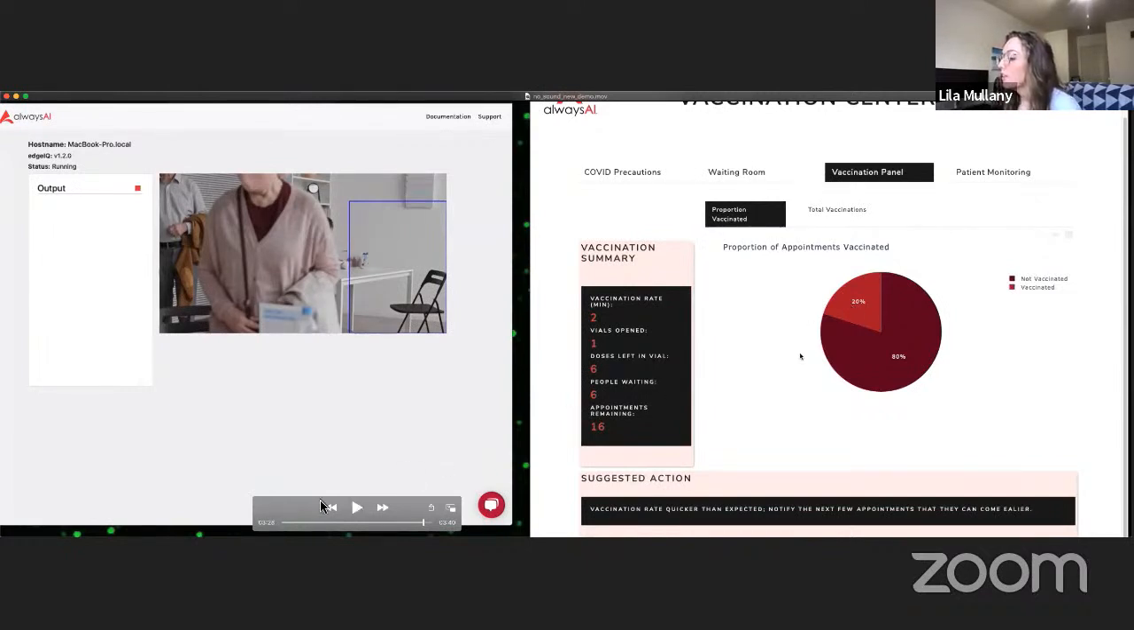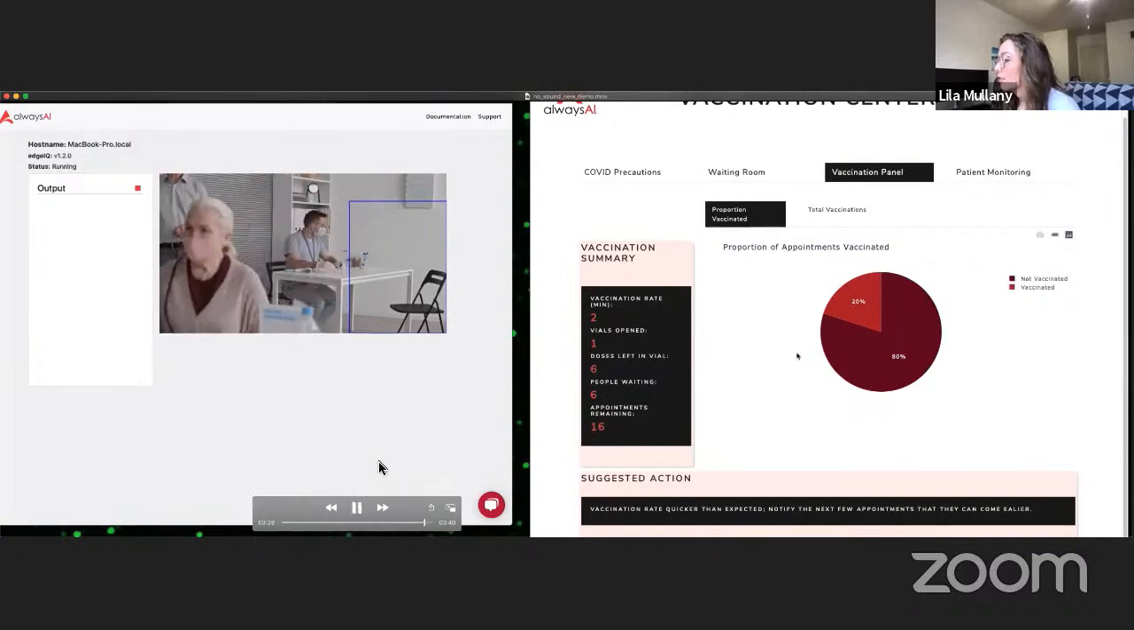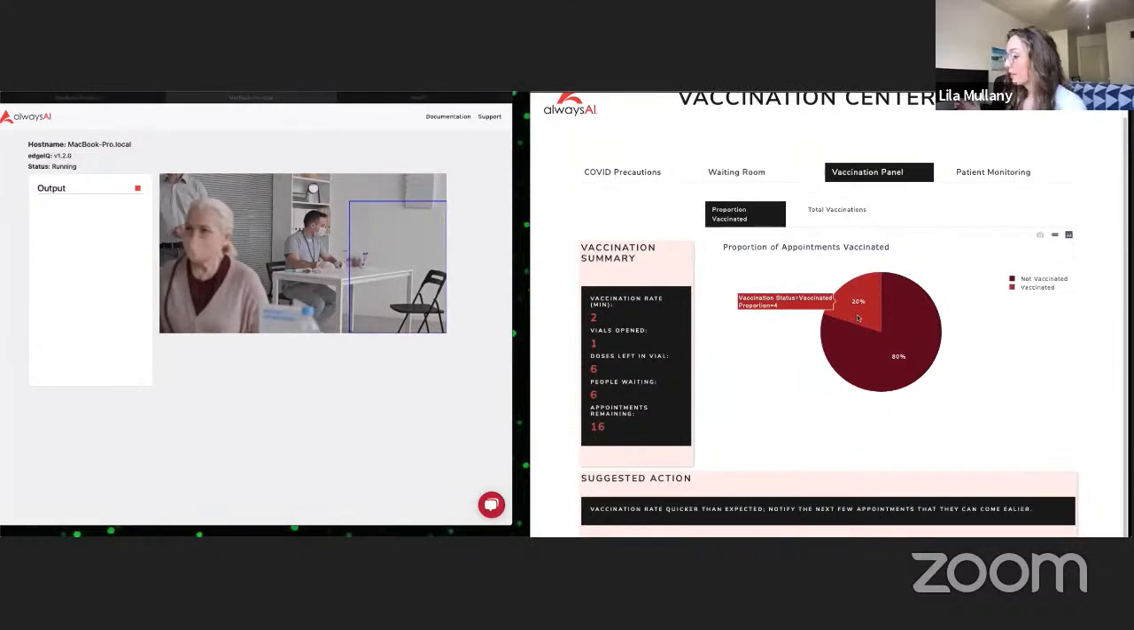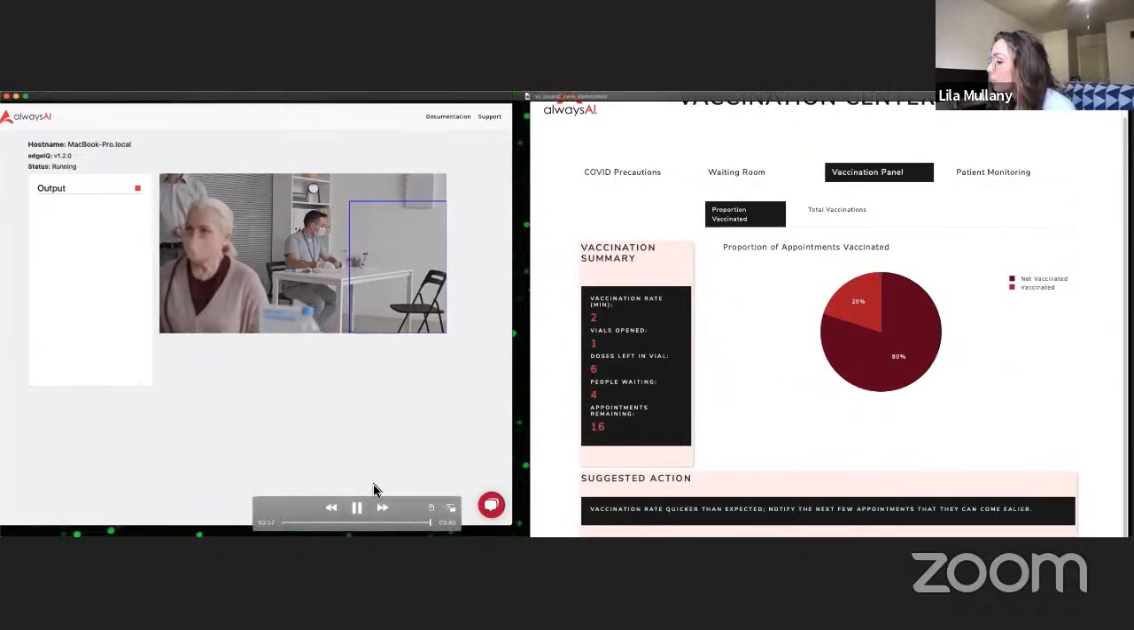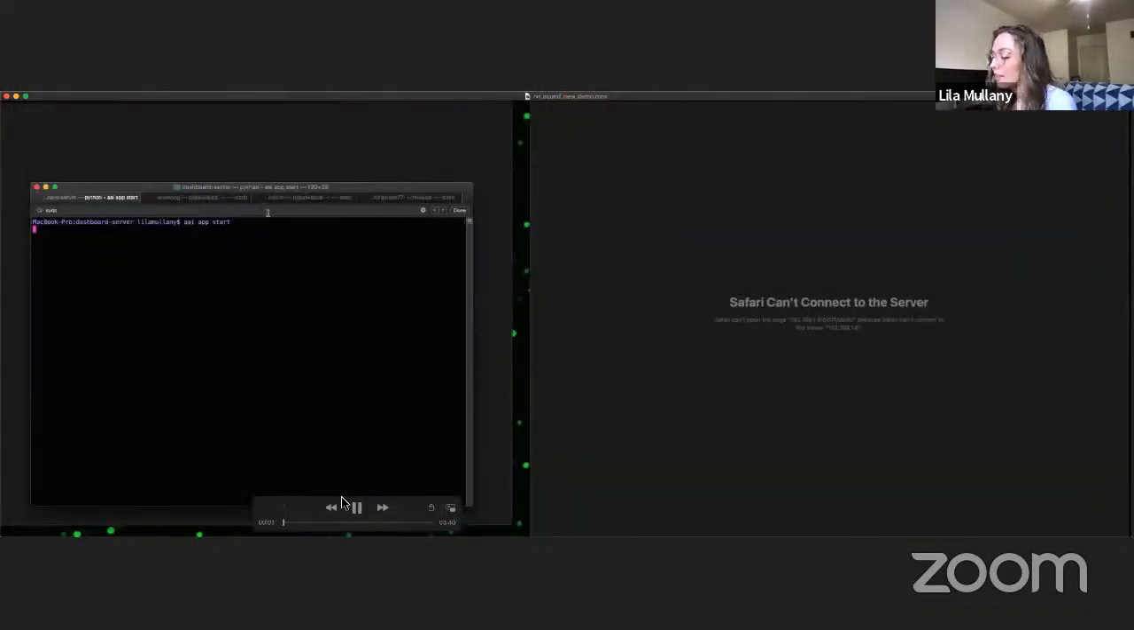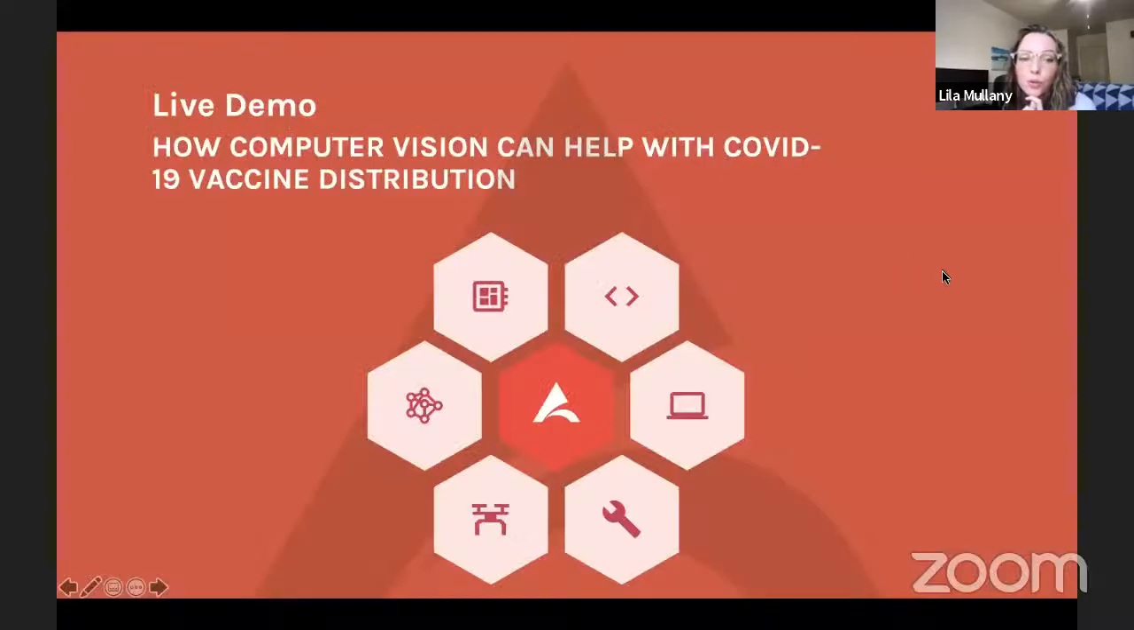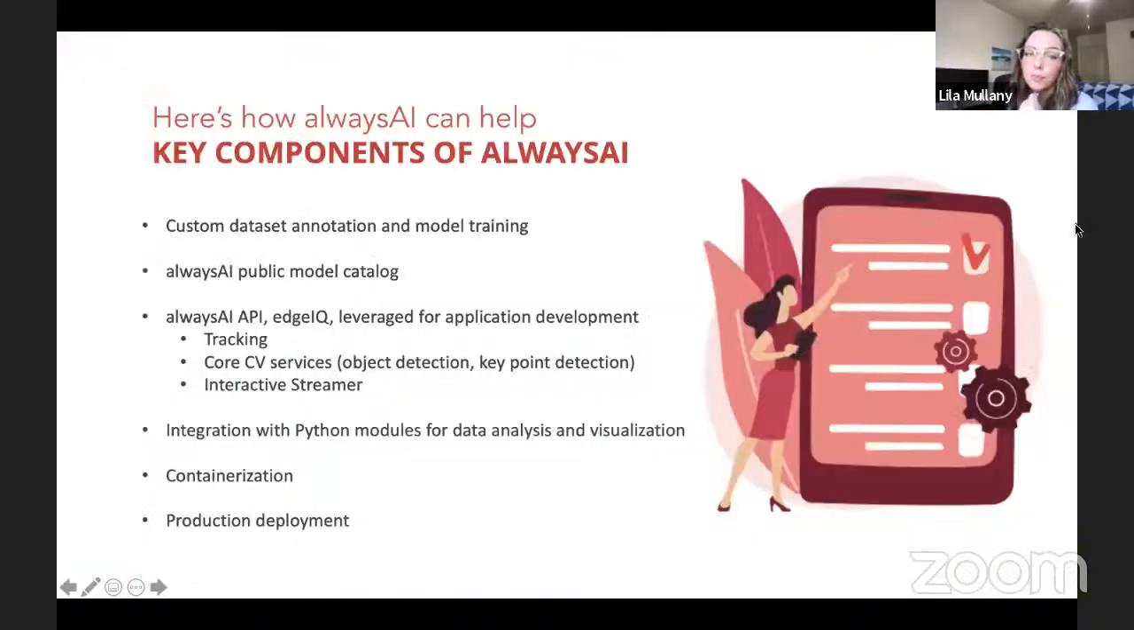So you can see that last vaccination event was logged. So now we have 16 appointments remaining and 4 have been vaccinated. And yeah, the app would continue running, but that gives you an overview of each phase of the application. And so with that, now that we've seen the actual demo, we'll go into how alwaysAI actually helped with